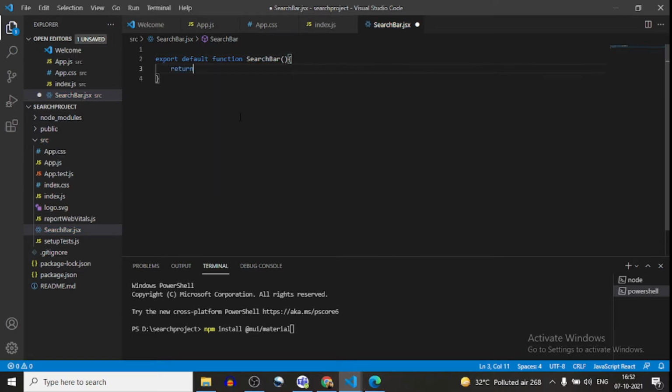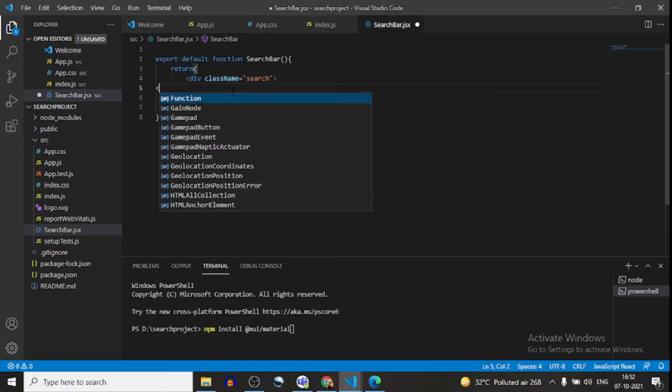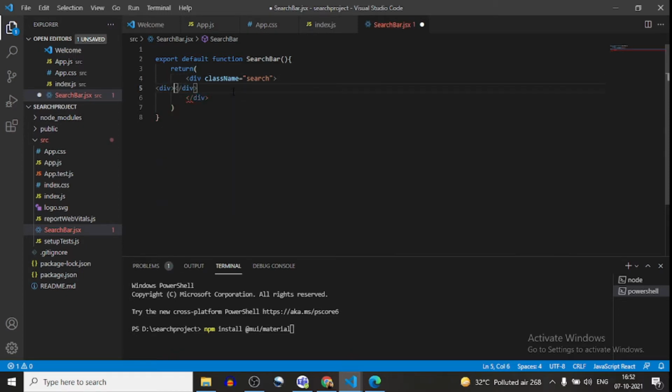Here I will create a div and define a class, and the class name will be search. Now inside this I will create another div, and this div also has a class, search input.